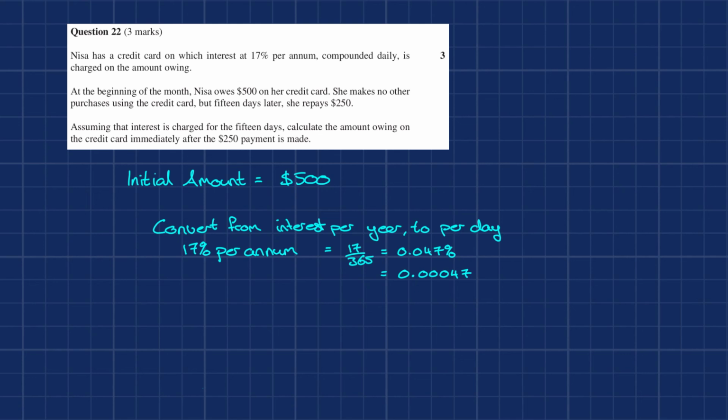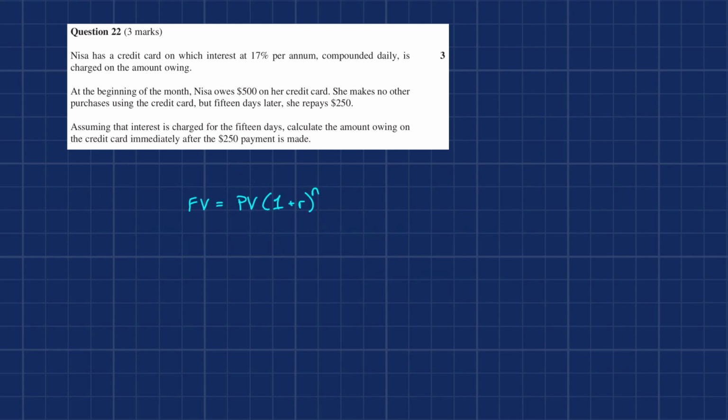So now we go to the compounding interest formula, which is something you should all know. It's on your HSC formula sheet. FV, future value, is equal to PV, which is present value. Inside the brackets is 1 plus the interest rate, and then N is the number of times that the period is compounded, right? So $500 is our present value, 1 plus 0.00047, which is our 0.047% interest per day, to the power of 15, which is our 15 compounding periods. This gives us a total value of